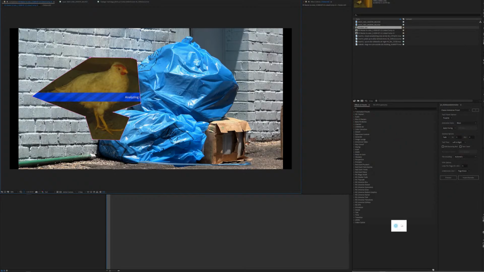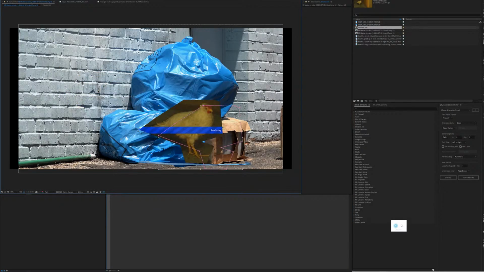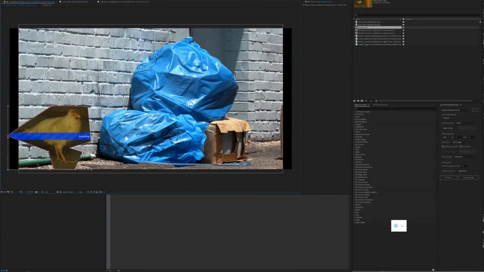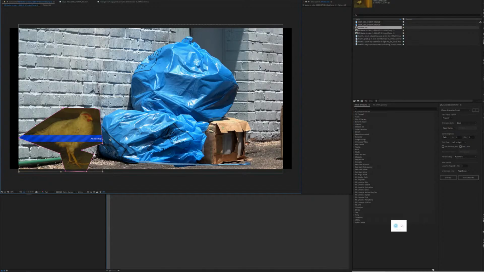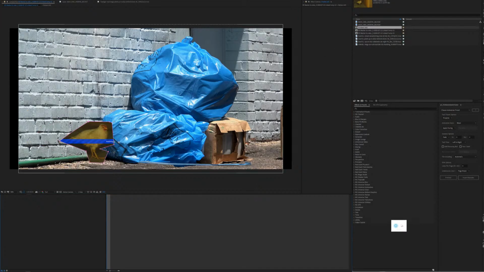So let's go ahead and scale our chicken down. Not too much, but roughly maybe the size of this box here. Let's maybe go 50% on the